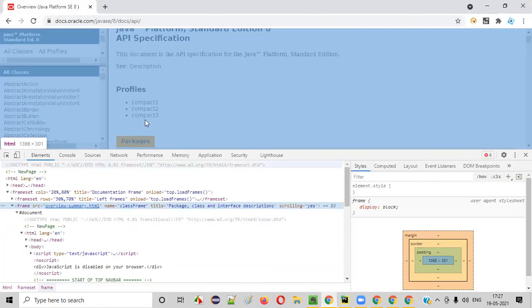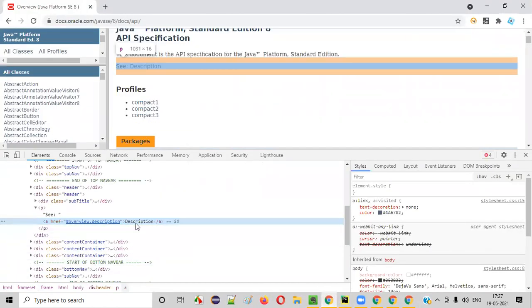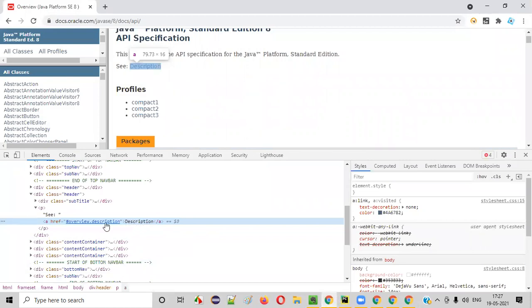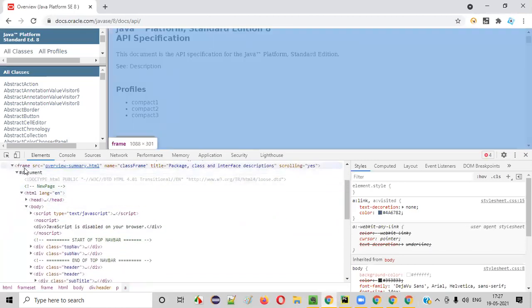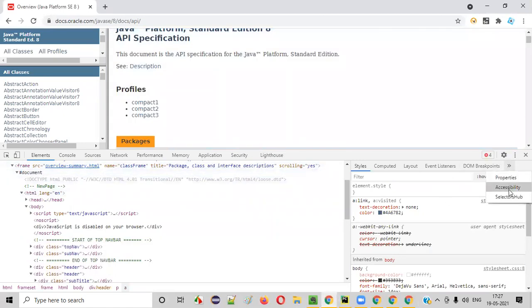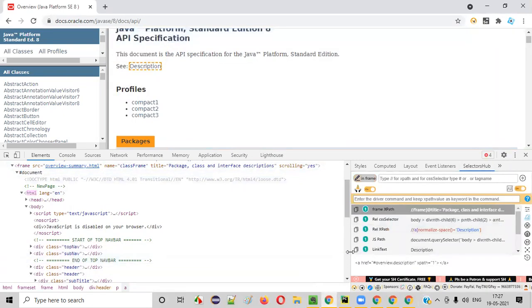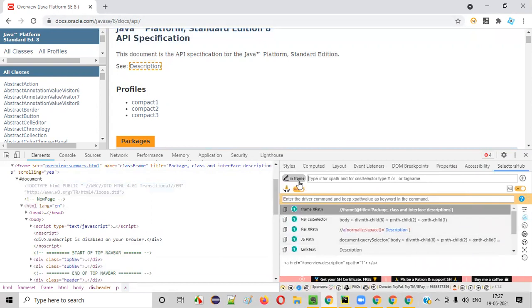And also, guys, I was saying, if you are inspecting this description, we traditionally have to find whether this particular anchor tag is inside a frame or not by scrolling up in the elements tab. The other way is using SelectorsHub. Let's see whether SelectorsHub is going to help us or not. You see here in this example, SelectorsHub is saying that this particular inspected element, that is description, is inside a frame. Can you see here? It is inside the frame, and it is providing the locator not only for the description link text, but also auto-generating the locator for the frame.